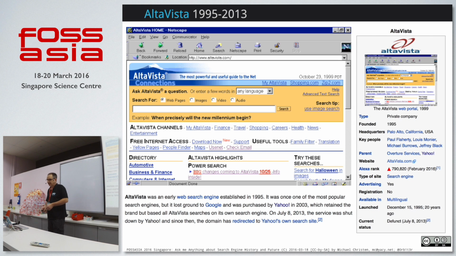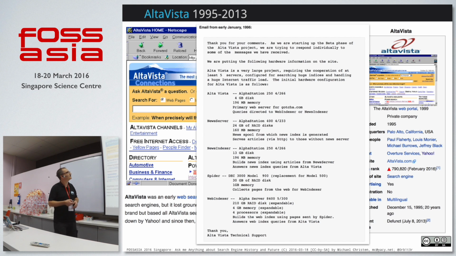And the next step was Altavista. Altavista concentrated only on full text indexing of web pages, and it became a kind of standard search engine for many years. Altavista was like the term Google. If you wanted to Google things, you always went to Altavista and searched there. It was completely natural. That was the thing to use to find information. And it was running on small machines with 4 GB disks and 160 megabytes of memory. So this was already very large at this time, the end of the 90s.